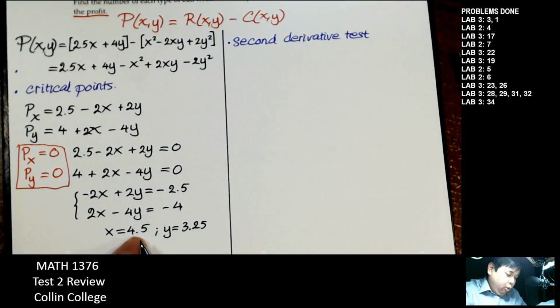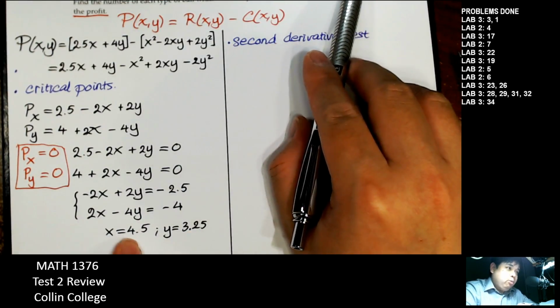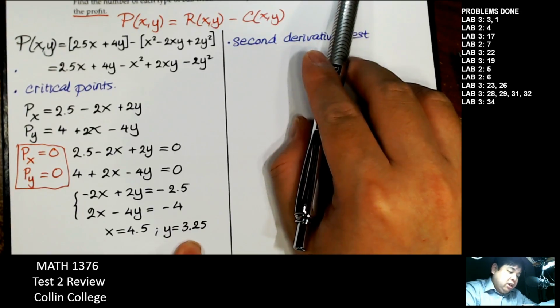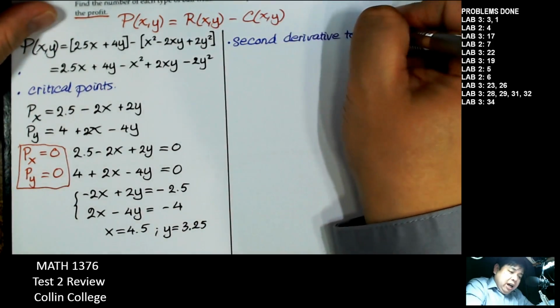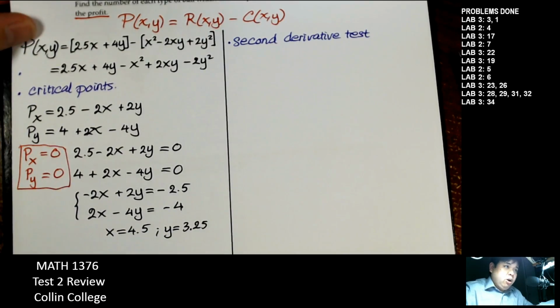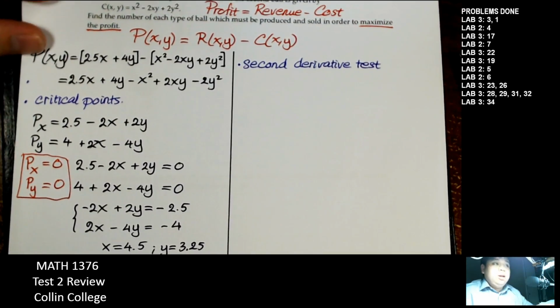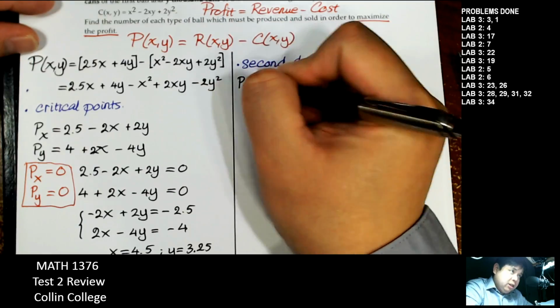By the way, it is 4.5 and 3.25, but in thousands. So actually it should be 4,500 and 3,250. As mentioned before, when I send out an announcement, I will attach the answers to these problems on lab 2 as well. Right. So first, derivative with respect to x